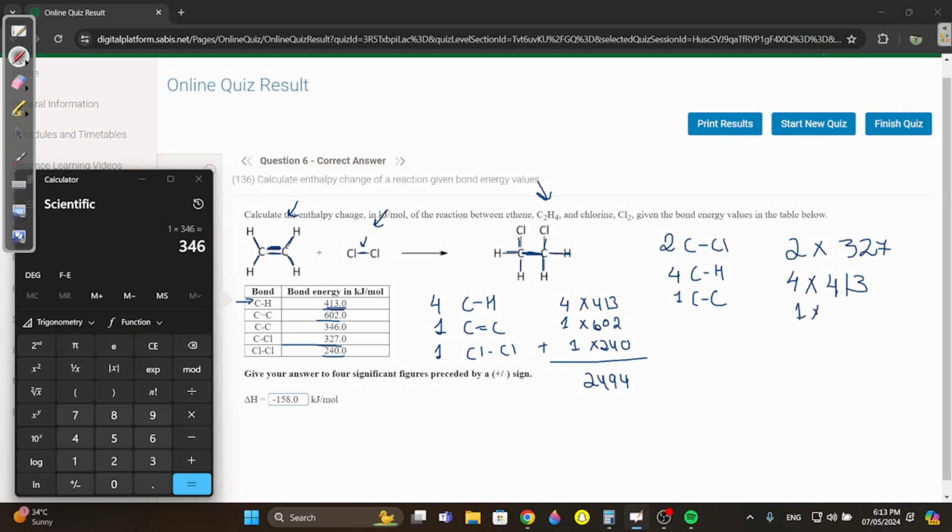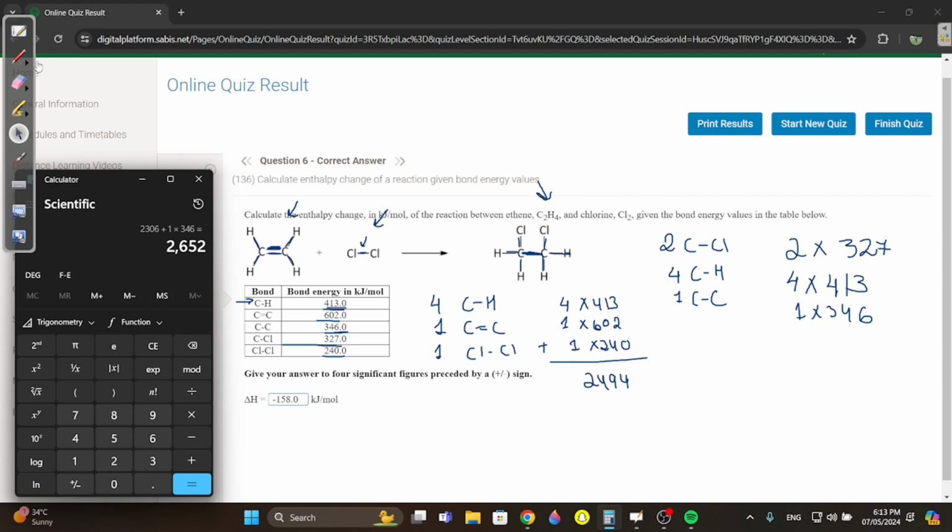So 1 times 346, over here at CC. Now let's just add the 346 plus 413 plus 2 times 327. Yeah, I definitely did something wrong. Hold up. Yeah, I multiplied wrong. 2 times 327 plus 4 times 413 plus 1 times